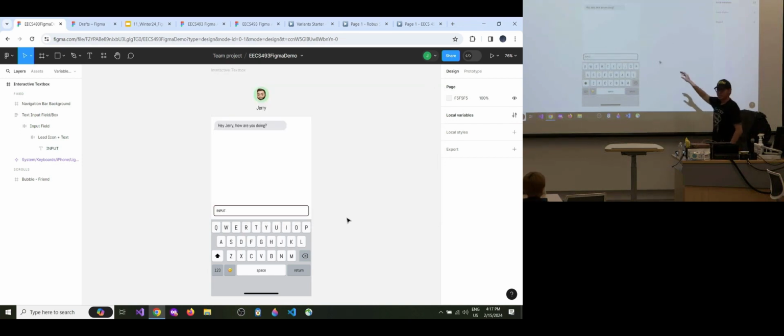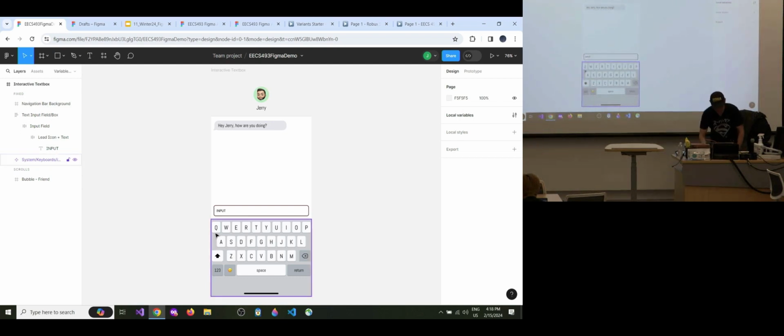You can see that as soon as I attach this variable to this text box, the text box has changed from its original value to this updated variable value. And that's the power of variables, because anything that you attach a variable to will automatically pick up the update when this variable changes. So right now, let's say I want to build this interactive keyboard, such that when